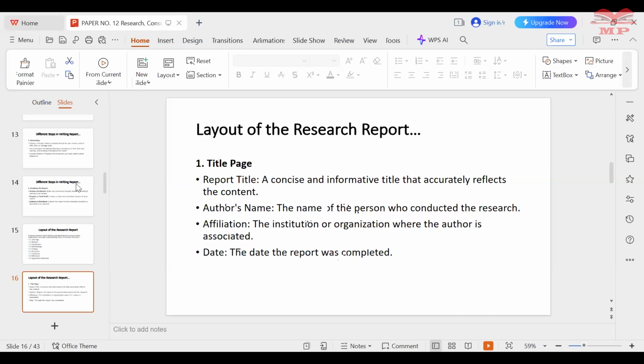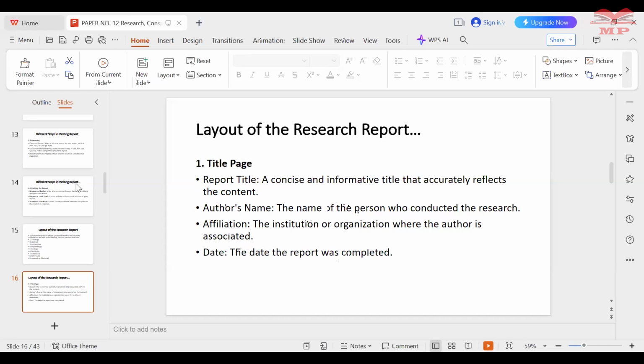Then affiliation, the institution or organization where the author is associated should be provided on the title page, and then the date the report was completed. So in most cases, when it comes to the date, there are those organizations that could provide a specific date, but there are those organizations that could provide the year on the top. And then when it comes to maybe the declaration page, the actual date when the report is signed could also